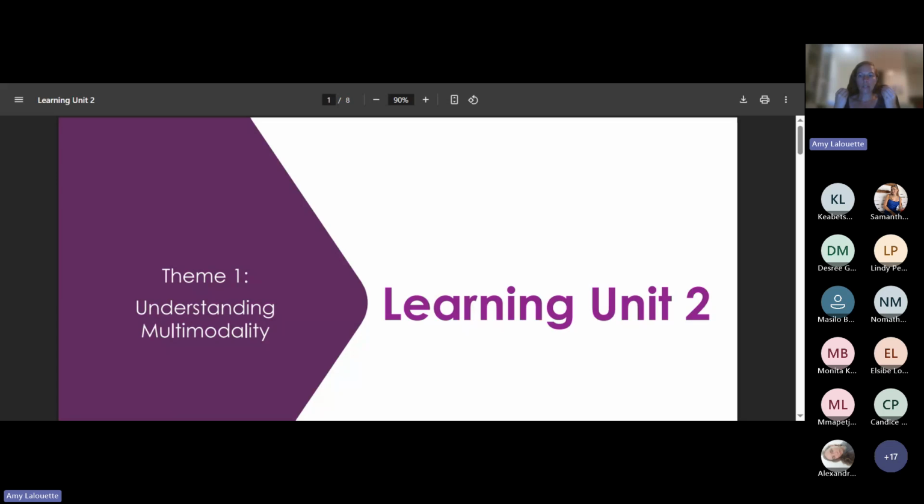So when we talk about the different modes, we are talking about speaking, we are talking about written text, we are talking about audio, and we're talking about space. So that is gestures, body movement, the way you set up your classroom. So we always want to use multimodality because the more ways we learn something, the more ways we remember it and understand it. However, very important,